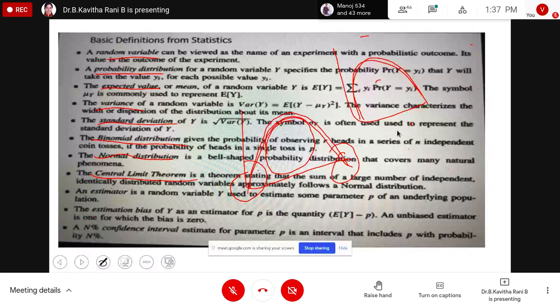So when you go on increasing the size of the sample, so till now what we have done is taking different types of samples. Only a part of the sample is taken and we are testing the model here. Now when you go on increasing the size of the sample, the sample mean will follow the normal distribution. It will give us the normal distribution only. So this is the normal distribution. In the central limit theorem, it follows the normal distribution.